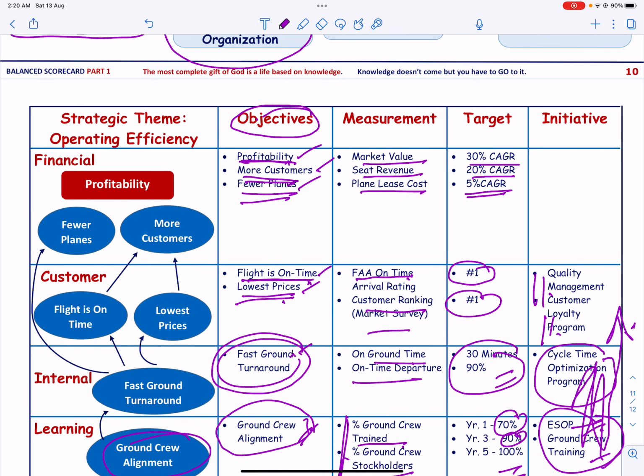Once the strategic theme is mapped out, and objectives, measurements, targets, and initiatives are defined, now run this program for a year or two to find out if this plan is paying off. If not, stop it and redefine the metrics. Change the factors to more appropriate ones. Find out factors that will improve the internal processes and make customers happy. If the metrics are not working, it doesn't mean you are wrong. It simply means that it is not driving the revenue or reducing the cost.